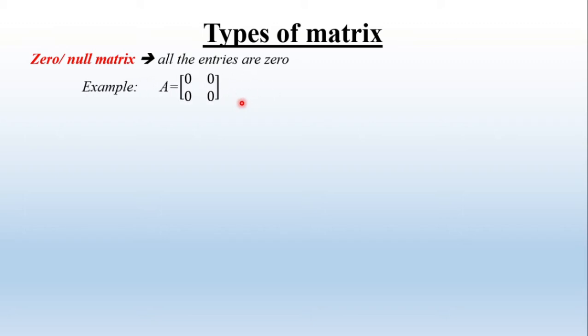Let's take an example. A is equals to 0 0 0, as you see only zero is there in this matrix. zero ብቻ ነው ውስጥ ያለው ስለዚህ ምን እንለዋለን? null matrix or zero matrix እንለዋለን ማለት ነው።